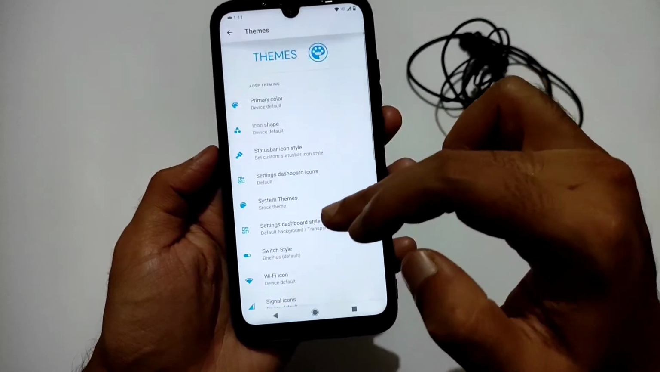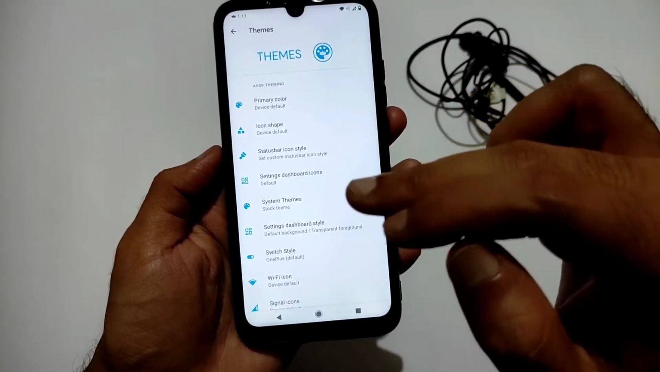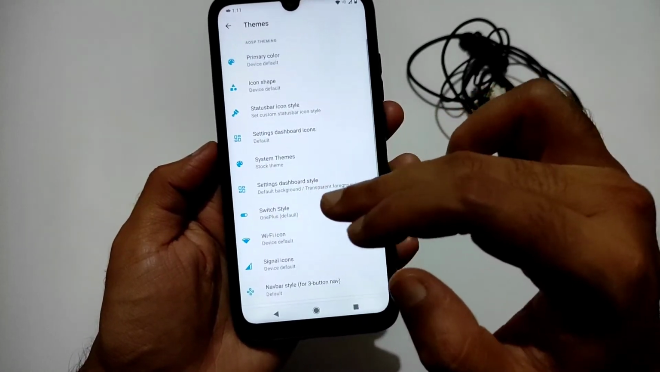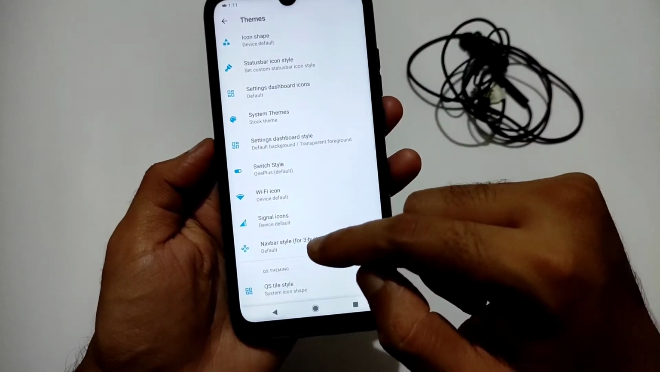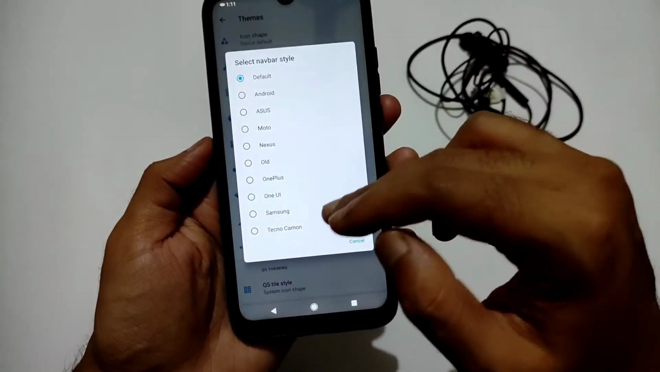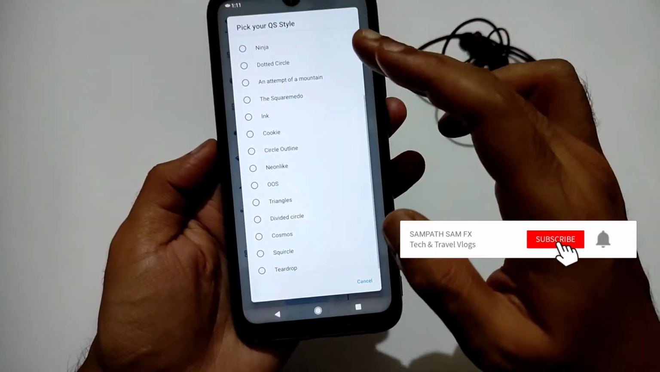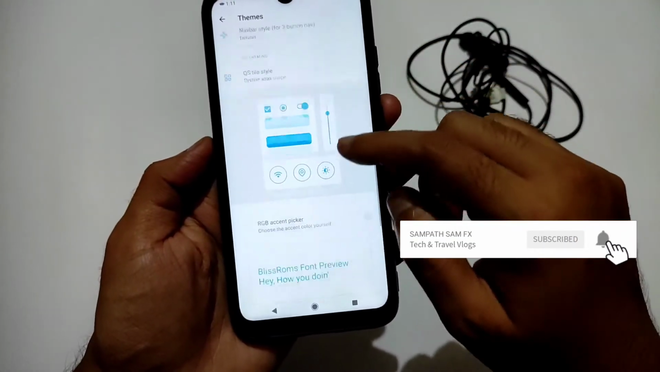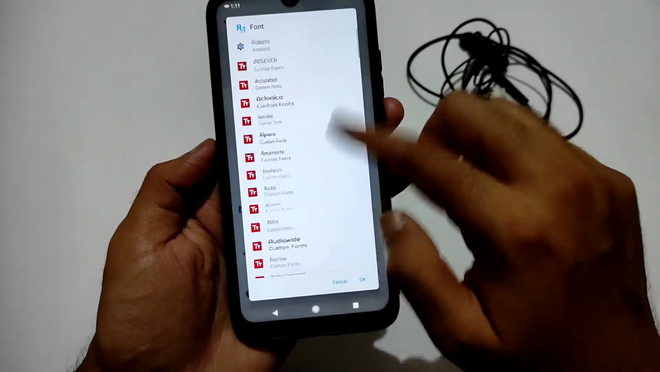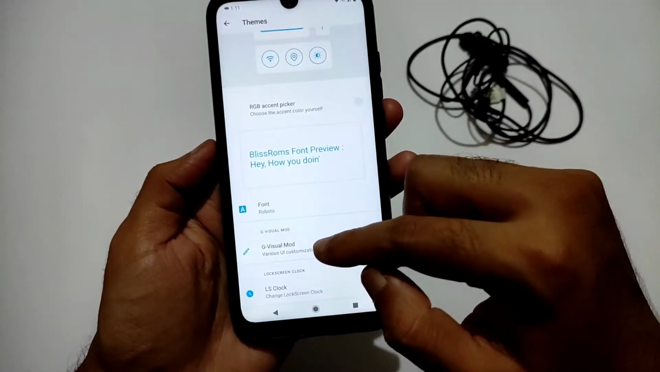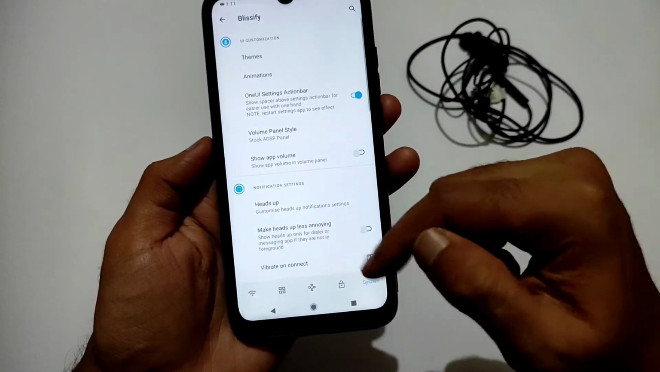There is plenty of customization: primary color, icon shape, status bar, icon style, settings dashboard icons, system themes, settings dashboard style, switch style, Wi-Fi icon, signal icons, navigation bar. If you want you can choose different kinds of navigation bar here. Quick settings style also you can change here. Plenty of options are given. Even the font also you can change here. There are plenty of different fonts given in this ROM. These are the settings you get in this